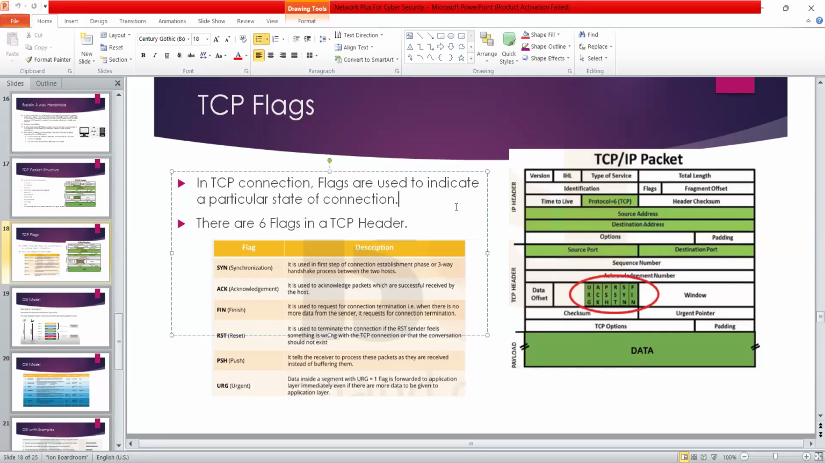Then after push, it tells the receivers to process these packets as they are received instead of buffering them. Like जब भी कोई रिसीव करोगे ट्रैफिक, सो ये बफर वगैरह की जो सिस्टम्स हैं उस सब से थोड़ी सी ये रहेगा इसमें।